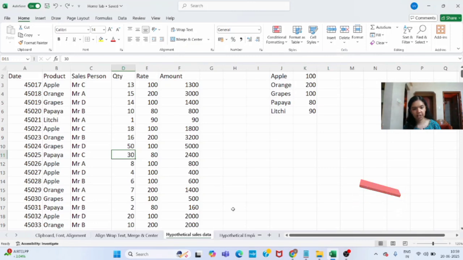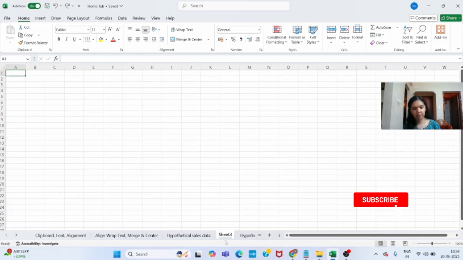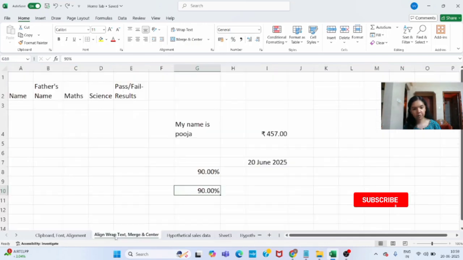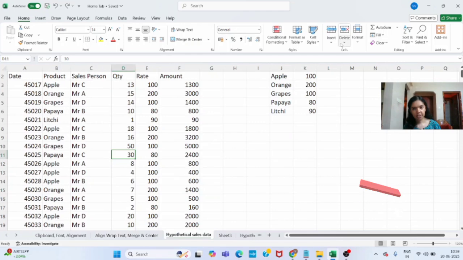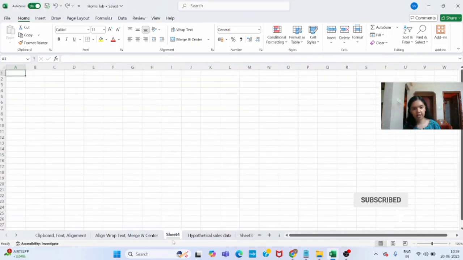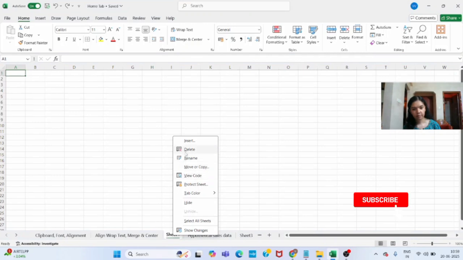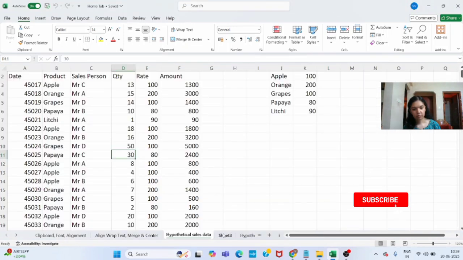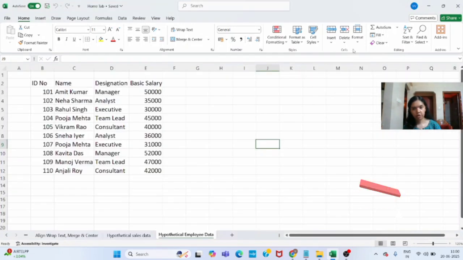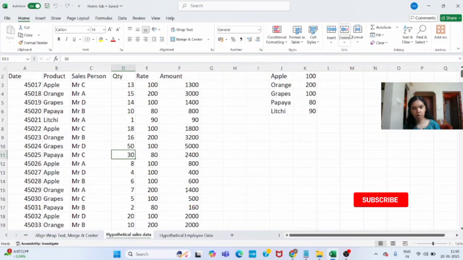If you want to insert an extra sheet, one option is clicking the plus mark here. If you just click this plus mark, a new sheet will get inserted. Another option is to click here, insert, and insert sheet. A new sheet will get inserted. So now we saw how to insert a column, a row, a cell and a sheet.